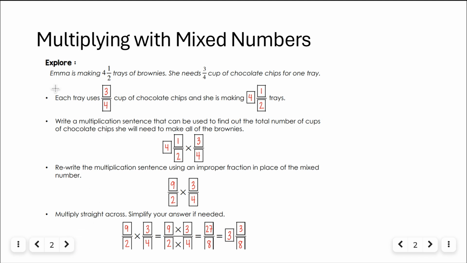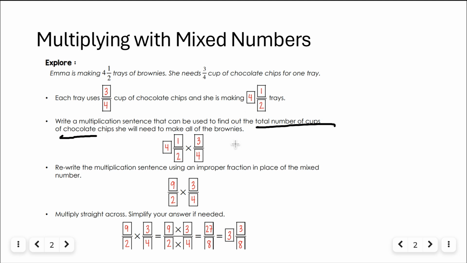So let's see. Emma is making 4.5 trays of brownies. She needs 3/4 of a cup of chocolate chips for one tray. Each tray uses 3/4 of a cup, and she's making 4.5 trays. So if we want the total number of cups, she's going to have to multiply the 4.5 trays by the